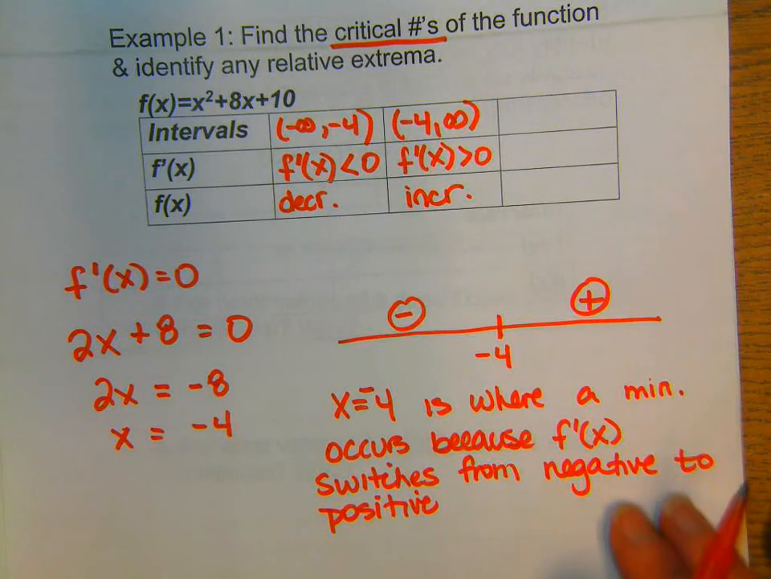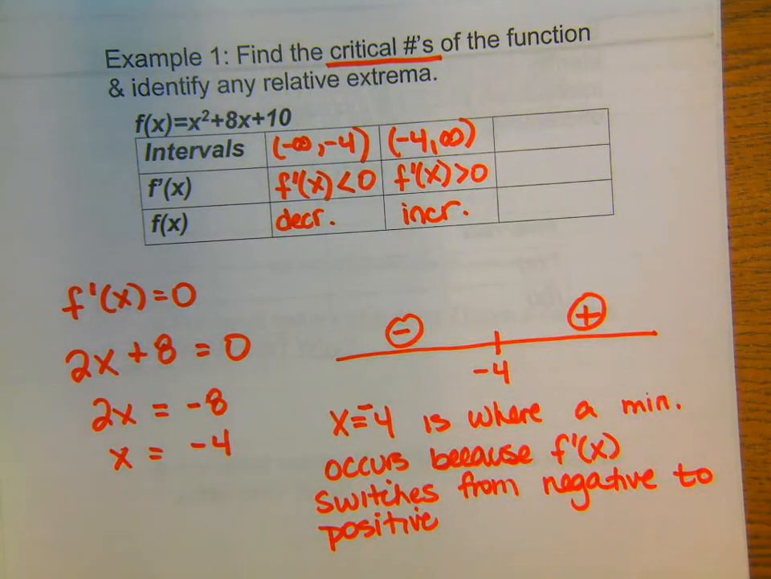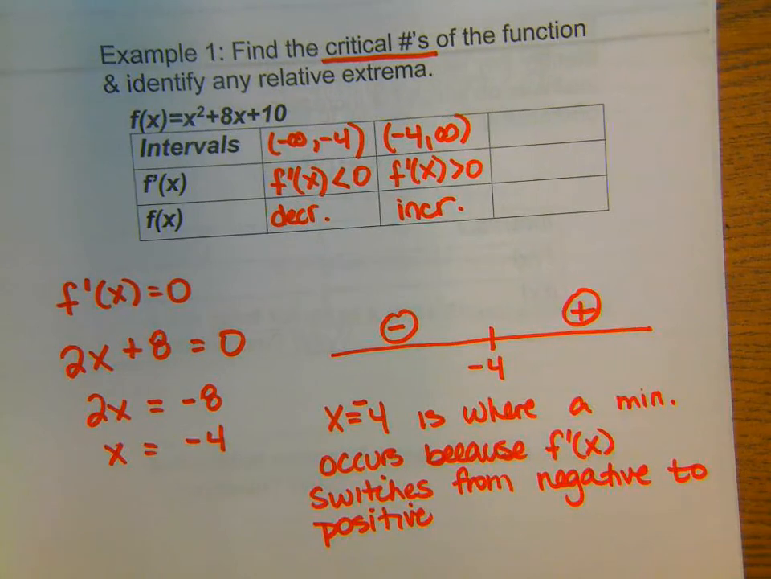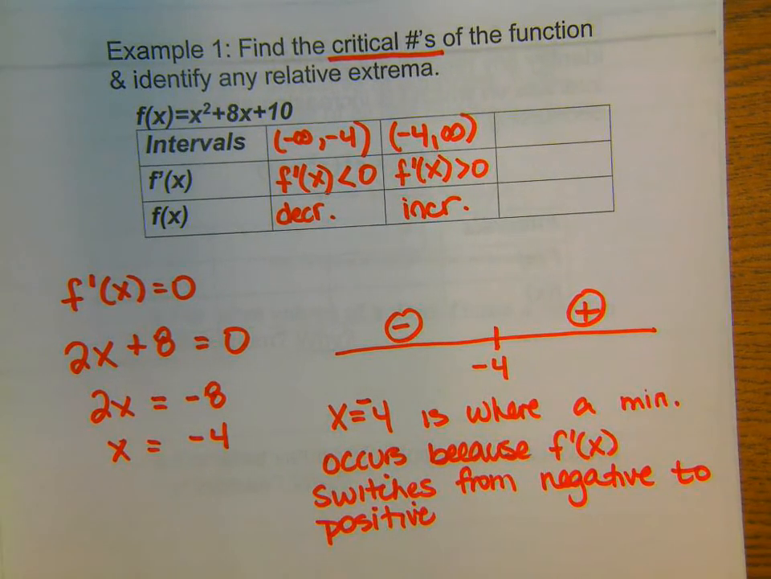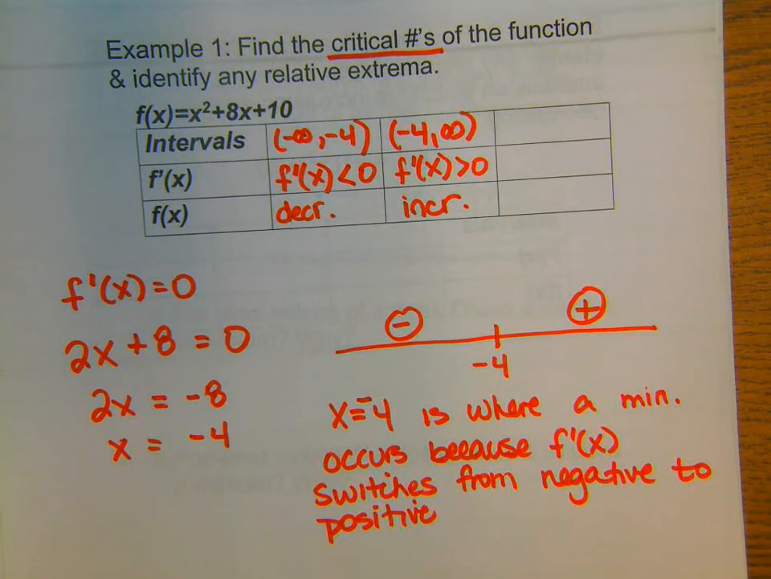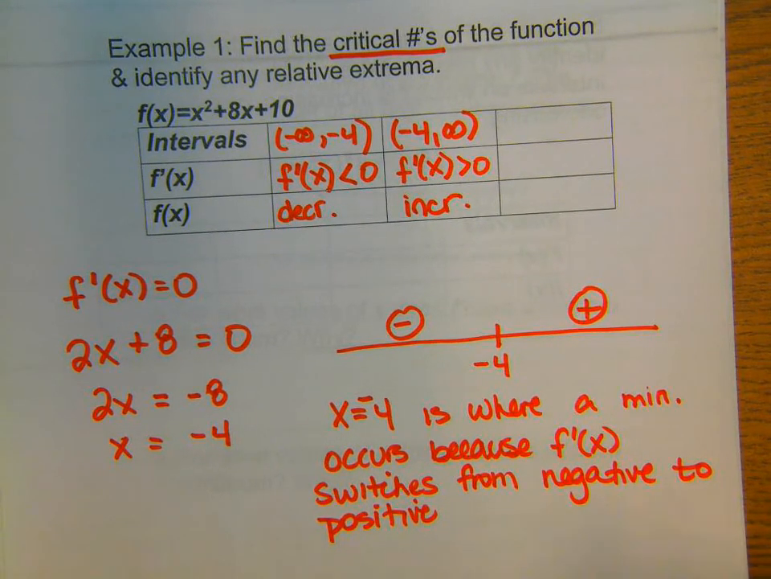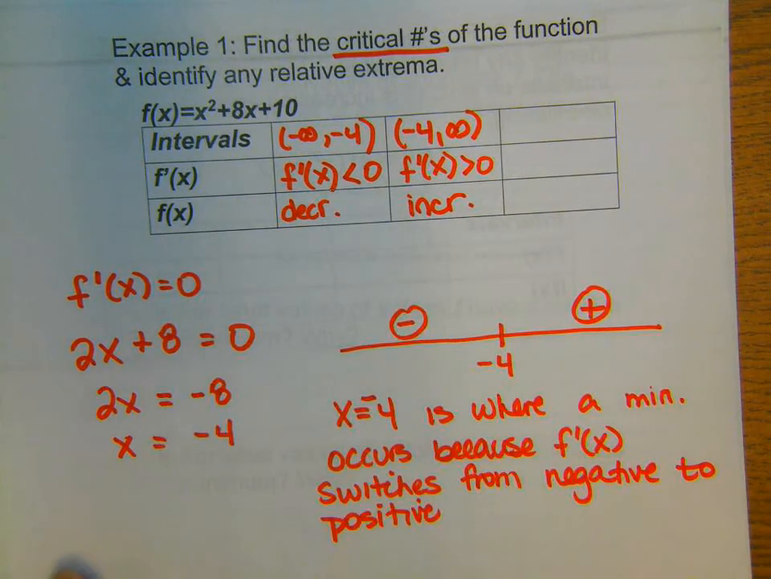That's where it occurs. So what is the actual minimum? How would I find it? I would actually plug -4 into the function. So -4, if I plugged it in, would be -4